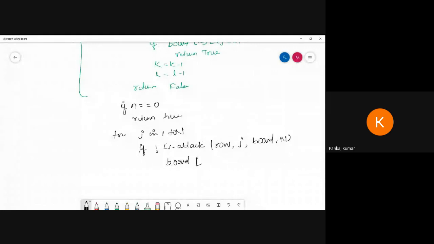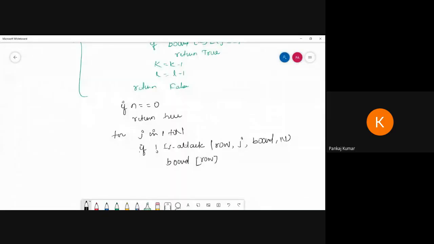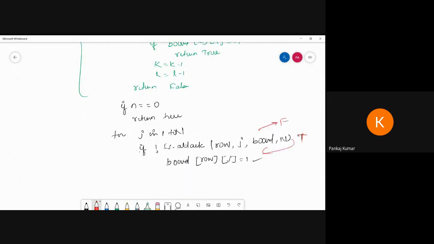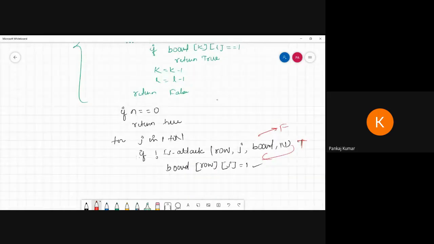If this condition is false, then return this one. If this condition is true, then return this one. If this condition is false, then go for the next. And it can check each and every cell, like the upper diagonal, lower diagonal, and the column of J.